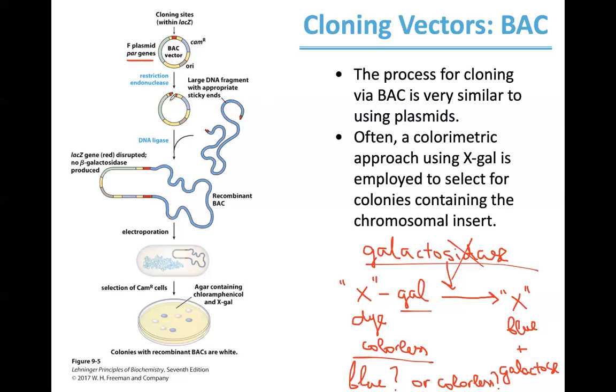All right, so there will be a restriction endonuclease. You insert this large DNA fragment. Here it is, the recombinant vector. We're obviously going to do this through electroporation. This large piece of DNA will not simply get inside the cell by itself. You have to use special techniques, and electroporation is one of them. So you get this DNA inside the cell, and then obviously you're going to do selection, first of all, of the